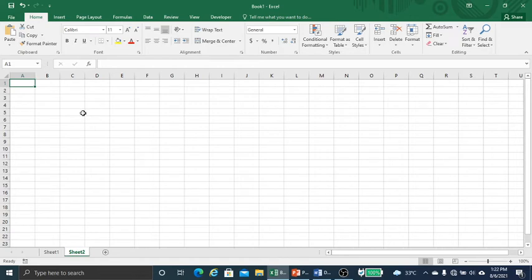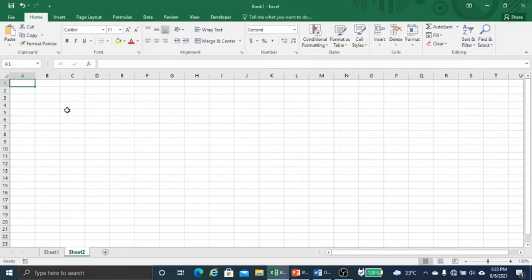Excel is a spreadsheet software, and in a spreadsheet program we have grid, rows, columns, functions and formulas. Spreadsheets are used in many applications such as finance, business, education, then in billing. In many aspects spreadsheet is used.